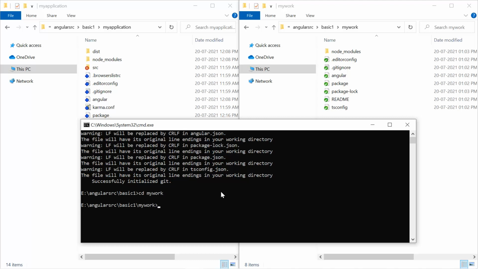Hit the enter button. Now I'm inside my work, and inside this workspace I have to add or generate a new application, and for that we have to use another command from the Angular CLI. Because the Angular CLI works with ng, I have to type ng then space, and now we are going to generate something new, so I have to use generate.